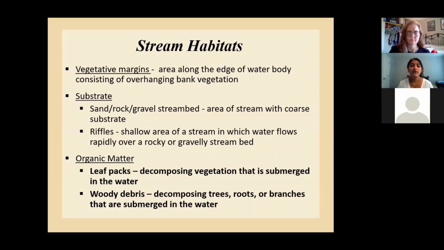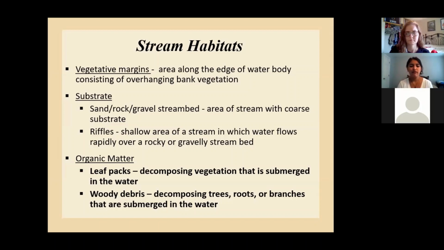You also have your substrate. Like I said before, these macros are benthic. They live at the bottom within the substrate. This could be sand, rock, or gravel. That is what we call coarse substrate. Those are larger in size.